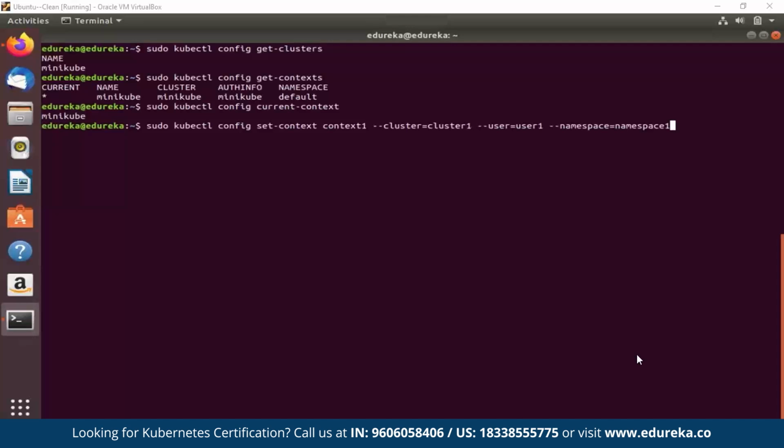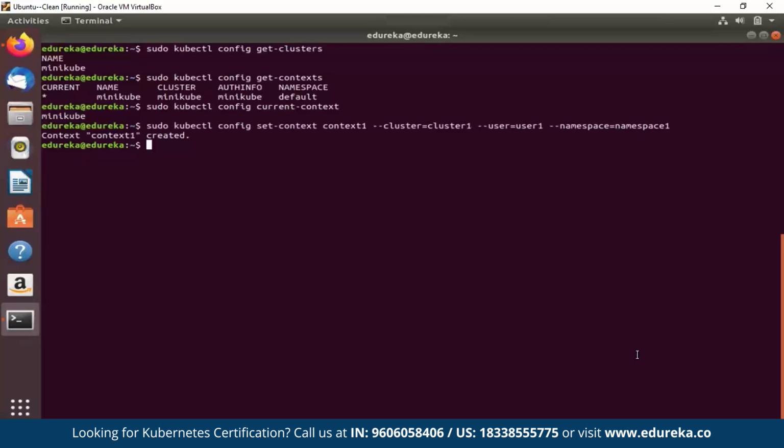Kubernetes uses namespaces to organize objects in the cluster. You can think of each namespace as a folder that holds a set of objects. By default, the kubectl command line tool interacts with the default namespace. Now, if you want to use a different namespace, you can pass kubectl the --namespace flag. So we're going to set a context, and we are also setting the namespace for that particular context. I hope this is clear. So you can see that context1 has been created.